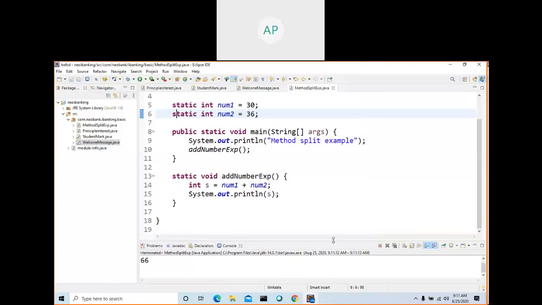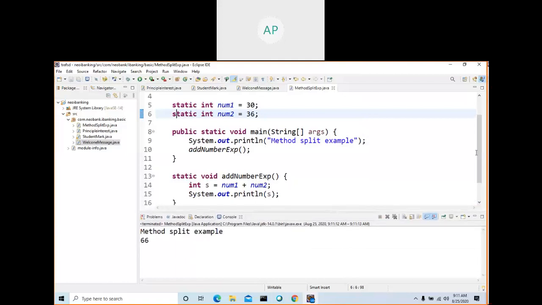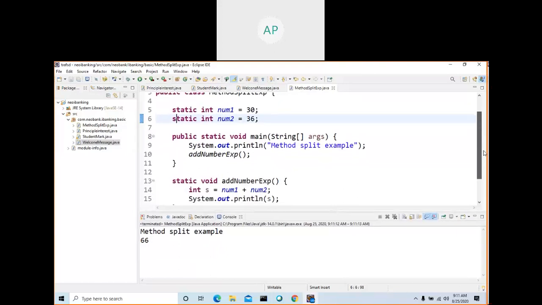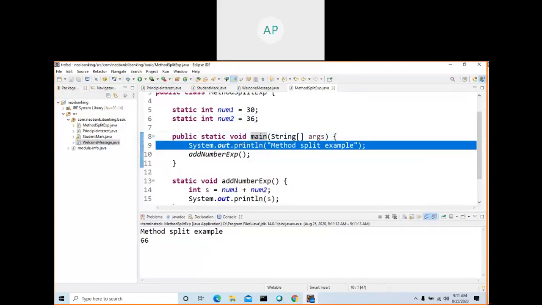Okay. So when I run this program, I get the display. I got both the displays. This is a class. This class contains two variables and two methods.